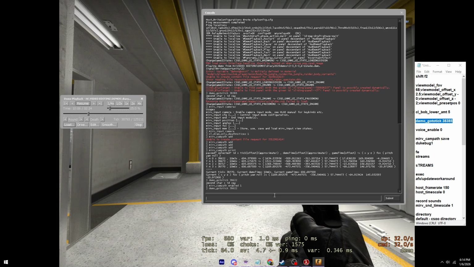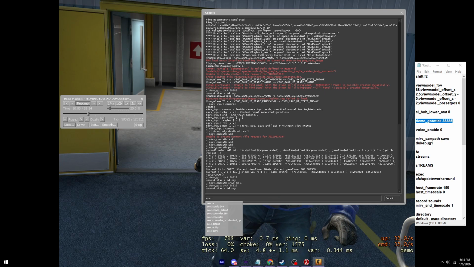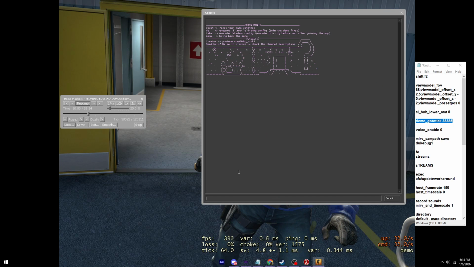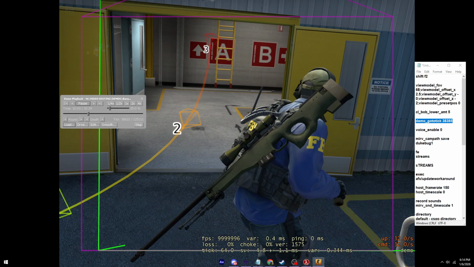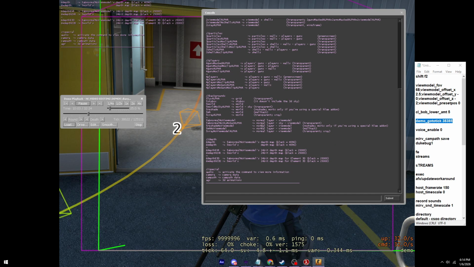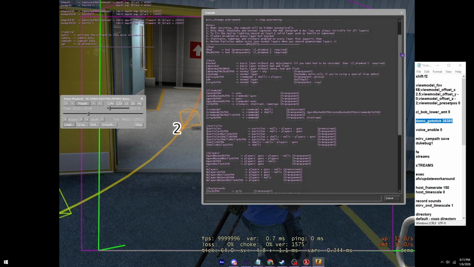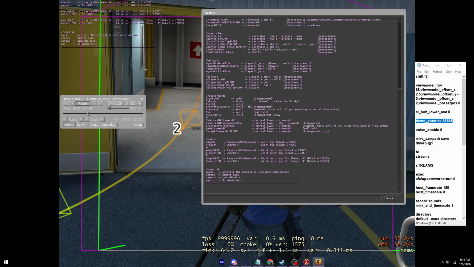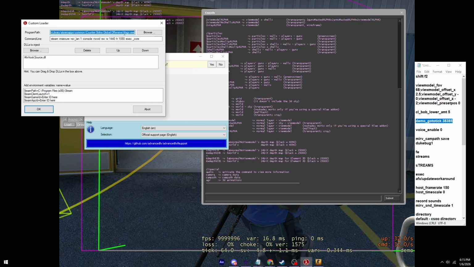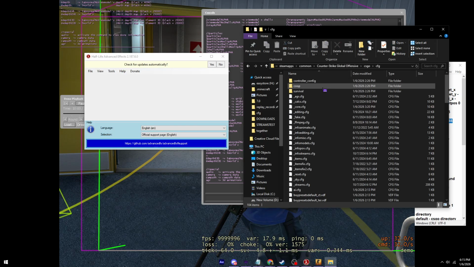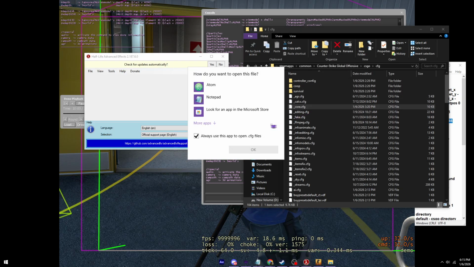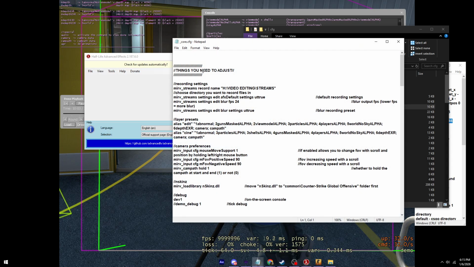Go back to the first tick of the demo, type exec core, and then FE. And like I said, cl_draw_only_deathnotices 1 to get that out the way. You can type in streams and it's going to show you a list of all the different streams that you can do. I'm just going to do a basic layer and a depth layer. Make sure that these are configured, and the way that you can do this is go to your CS file. Make sure in your configs, in core, there should be a